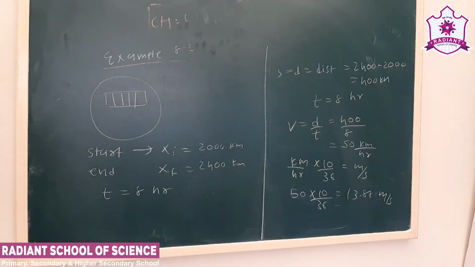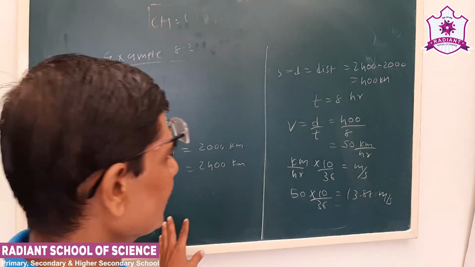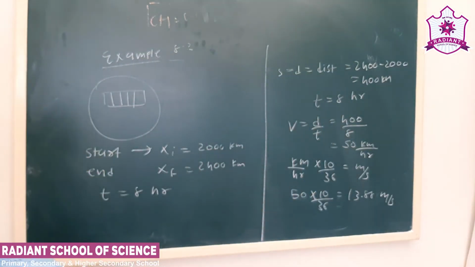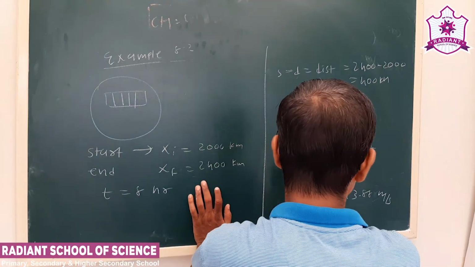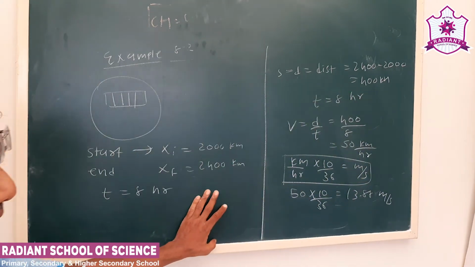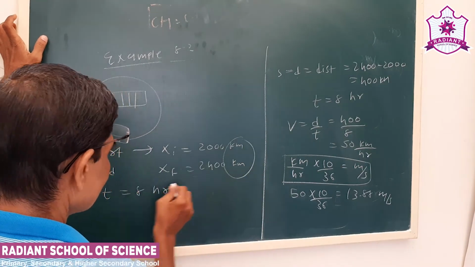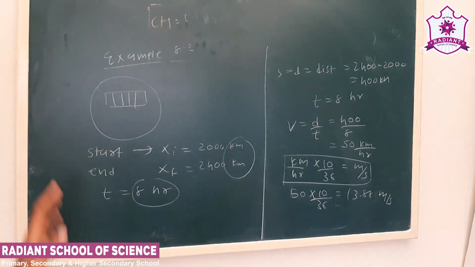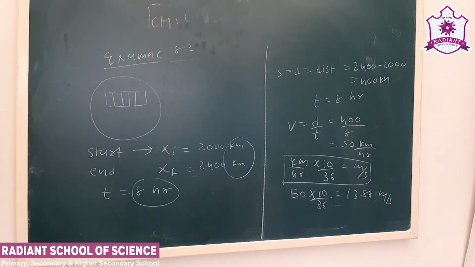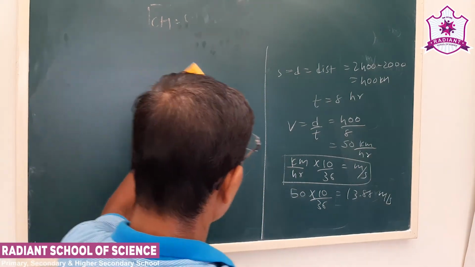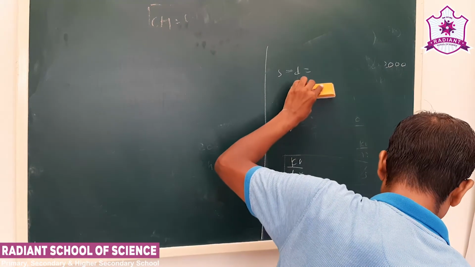See, the odometer shows the initial position 2000 kilometer at the start of the journey, and at the end of the journey the value is 2400 kilometer. The time interval given is 8 seconds. So what we have calculated first is the distance, and time is given, so speed is equal to distance upon time. Also we have to convert kilometer per hour into meter per second. Why? Here distance is in kilometer and time is in hour, so we have converted into meter per second. So that is example 8.2. Now next we have to see example number 8.3.